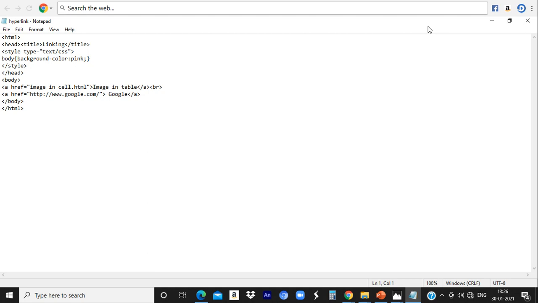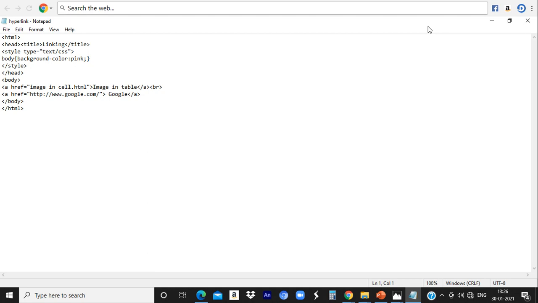So image in cell.html, this image in table is the hypertext, and this is the name of the file. When we use the name of the file along with the extension, it should be within double quotes and the angle bracket should be closed. We know that it is a container tag, that's why the anchor tag is closed here.